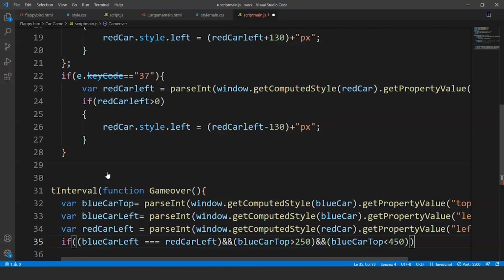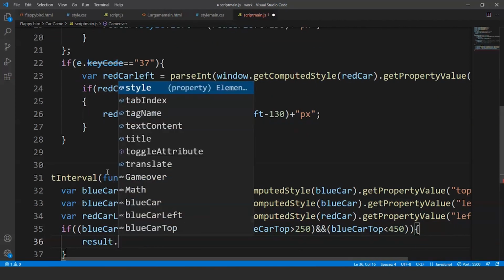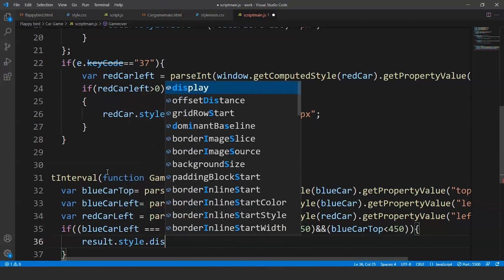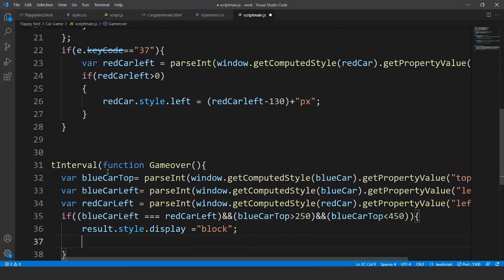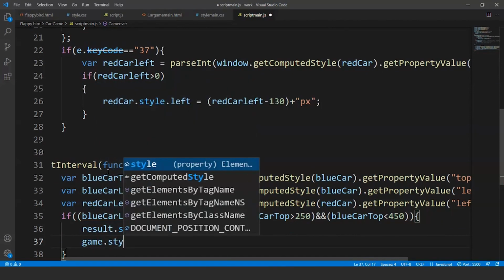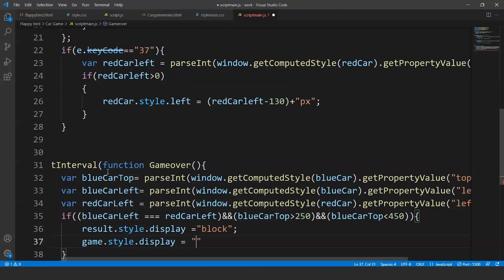What we'll do is we'll write here result.style.display. So we'll change the display property of the result element to block. Now we need a game over card over the game, and we'll also change the display property of game as well. We'll write here game.style.display as none. Fine. We don't want the game for this.